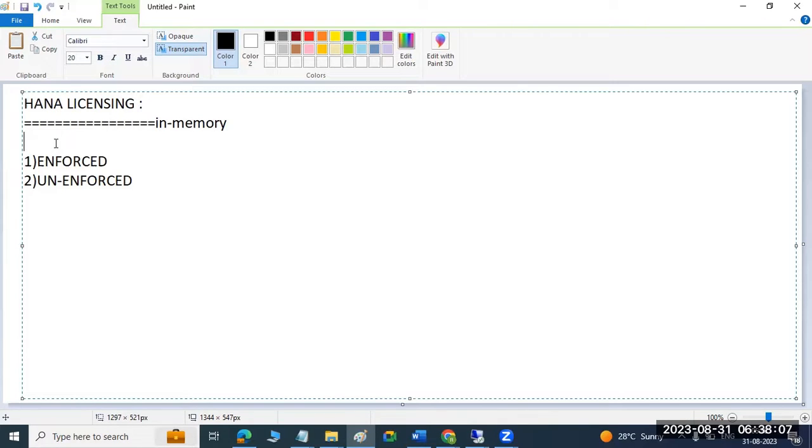But if that limit is over, the 39 rupees limit is over, then your calls will stop working, right? The same concept applies here in the HANA licensing part. So these are the permanent licenses, right? In the permanent license we have two types: